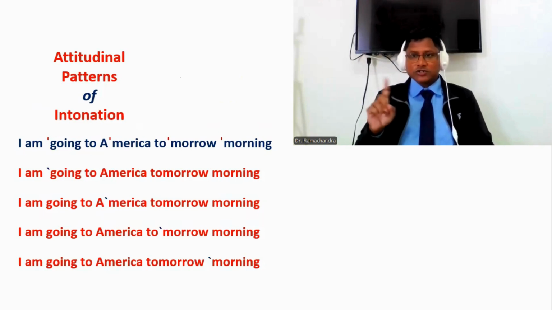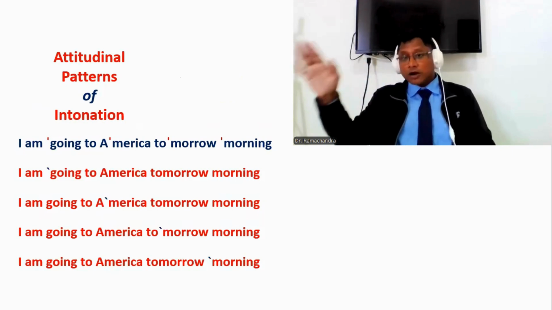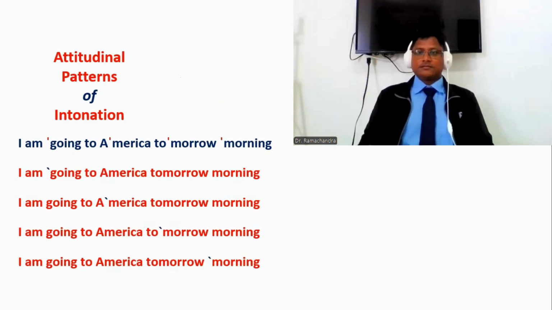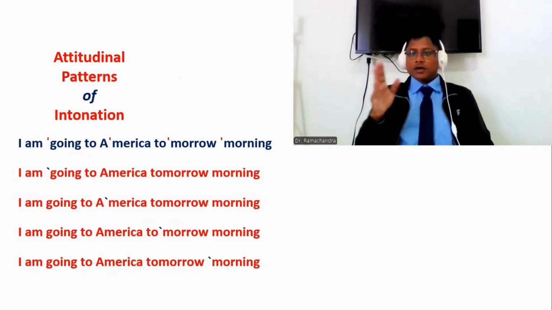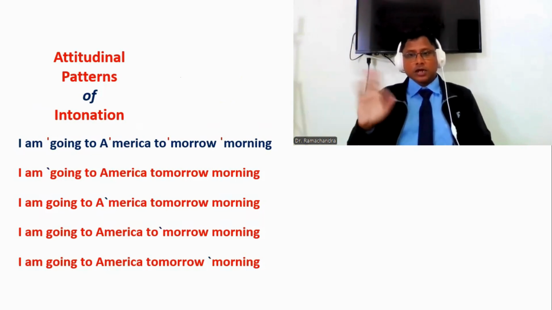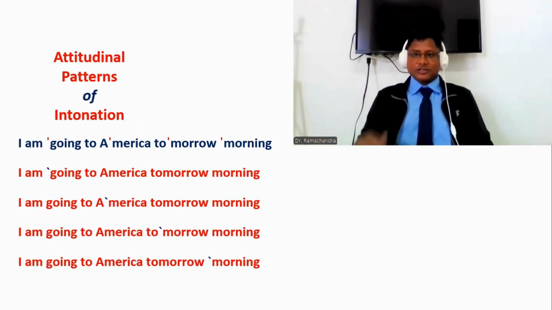America, but not Australia. That is the intent of the speaker. I'm going to America tomorrow morning. Tomorrow, but not this evening or the day after tomorrow. That is the intention of the speaker. I'm going to make it tomorrow morning, but not in the evening. So look at that. The intention of the speaker is expressed